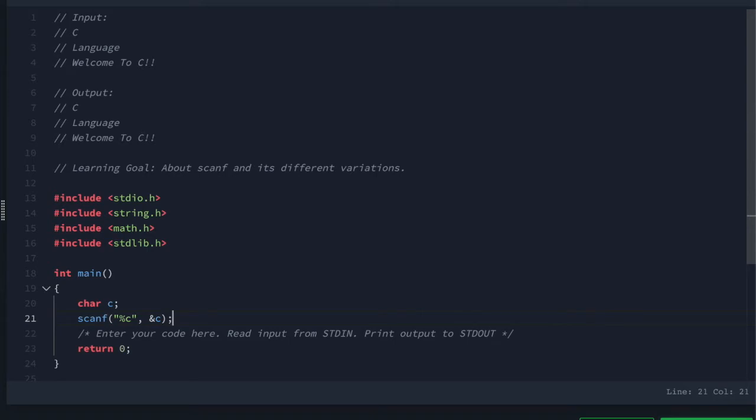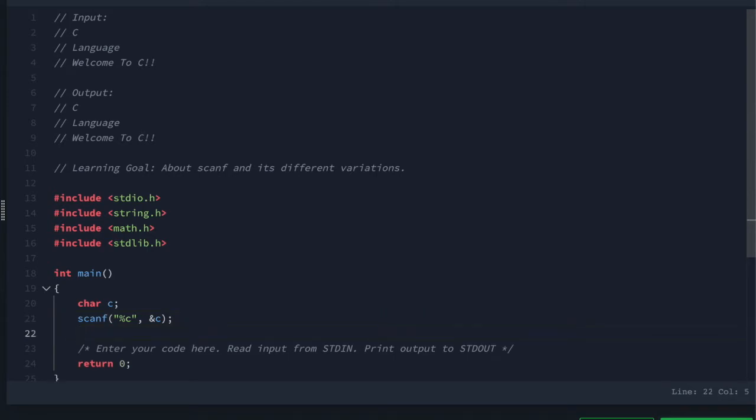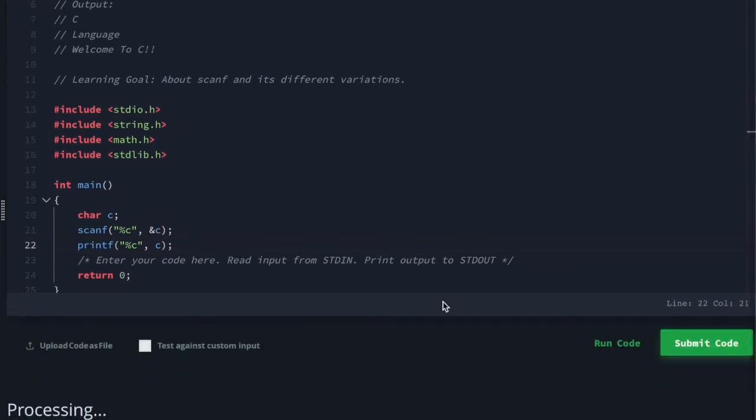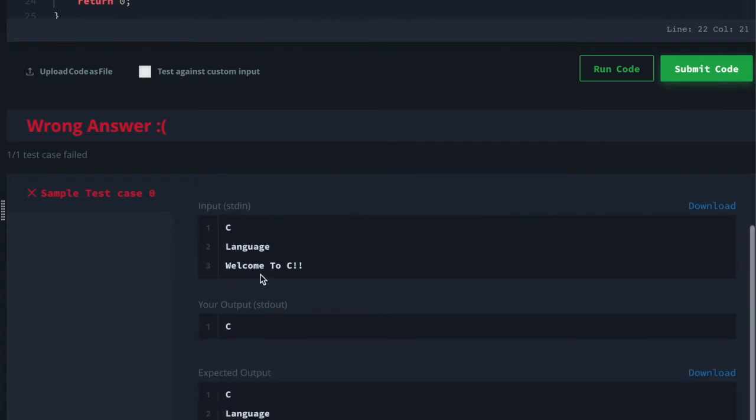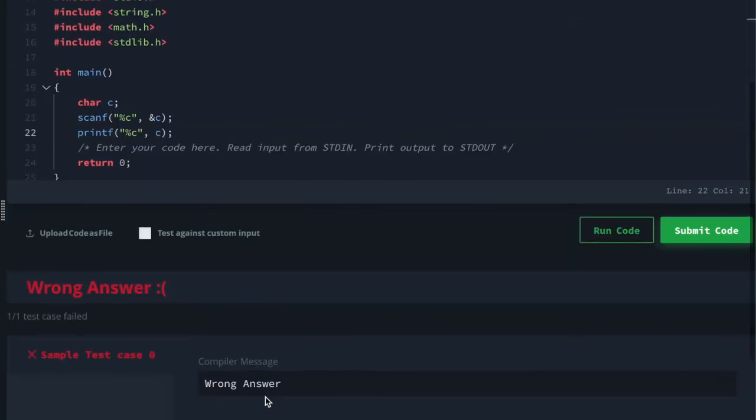Once that is done, c will have the first value, which is C, entered by the user. So let's print it and verify our understanding, and let me run it. You will see that it gives the output C. So this was the input, this is the output C, and your output and expected output are the same. We will achieve the complete output over the period of this session.